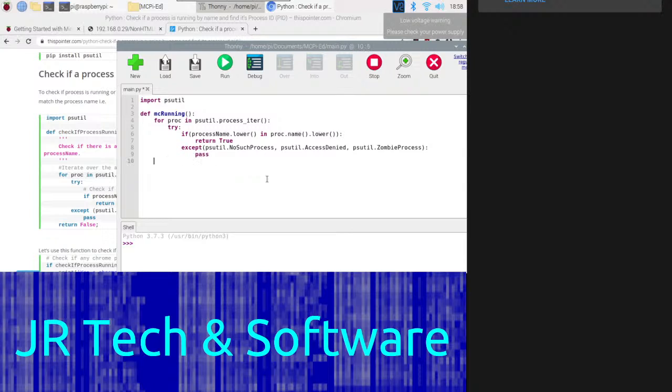Alright, and return false, because if every process has been iterated through and checked, and it has determined that all of them are wrong,